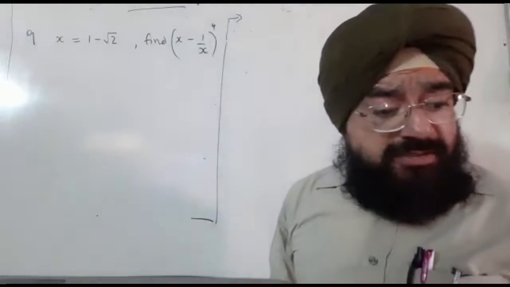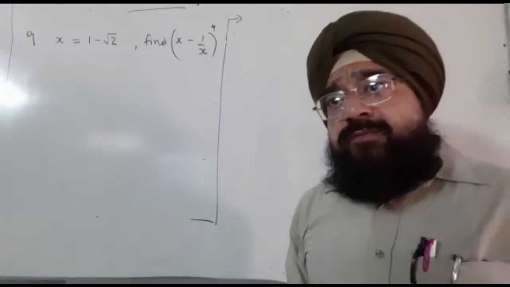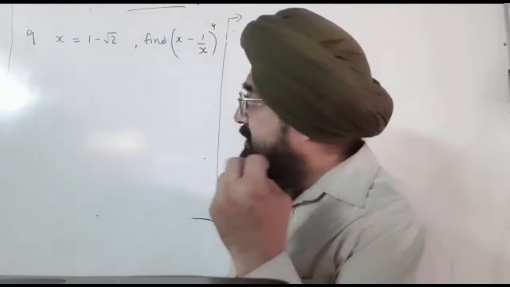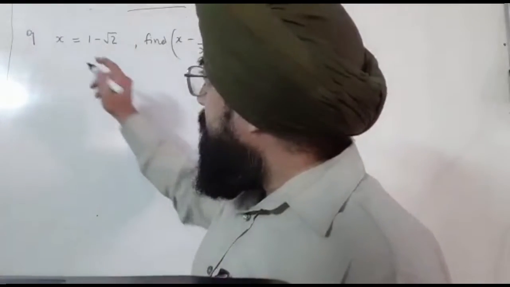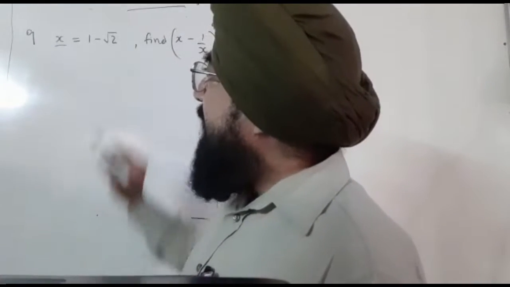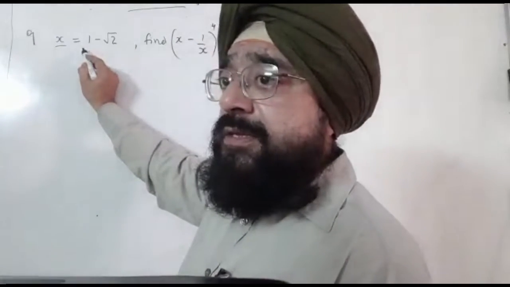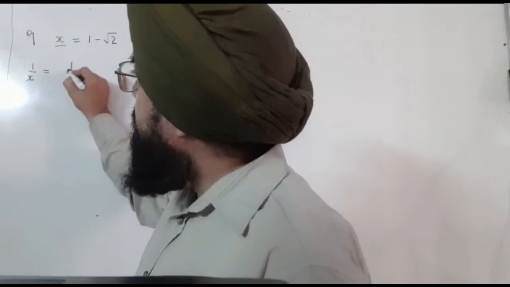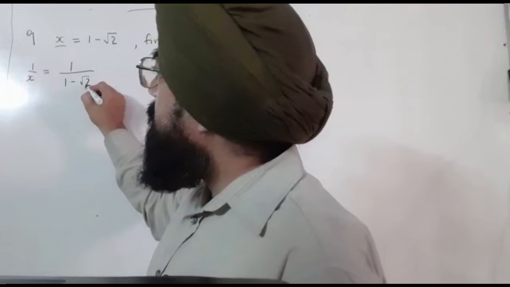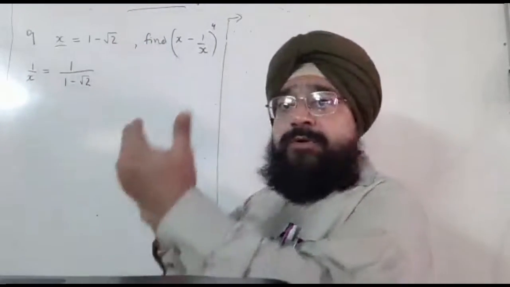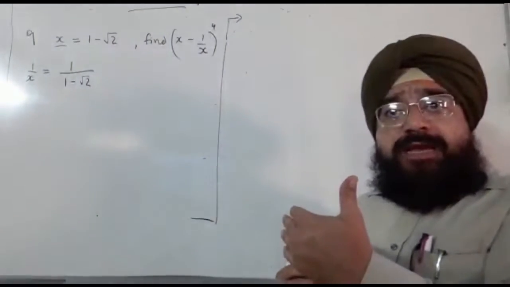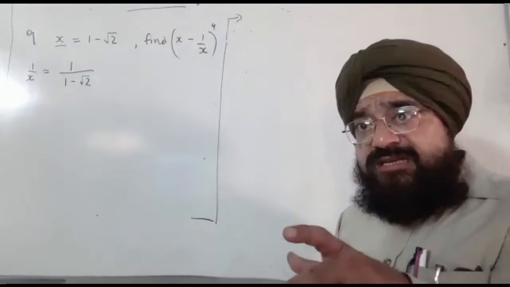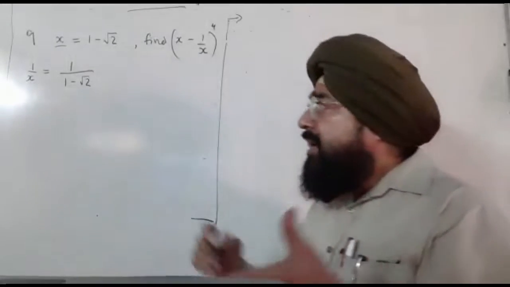Now this question can be done in more than one ways. What method is right now striking me is that because I have got x here as an irrational number, I could easily find 1 upon x from it. 1 upon x will be 1 upon 1 minus root 2. Because x is this, so 1 upon x will be the reciprocal. And because we have found the reciprocal, which is the irrational number with root in the denominator, I need to